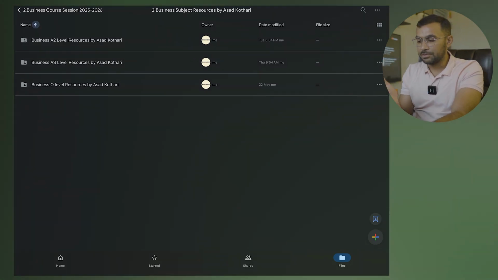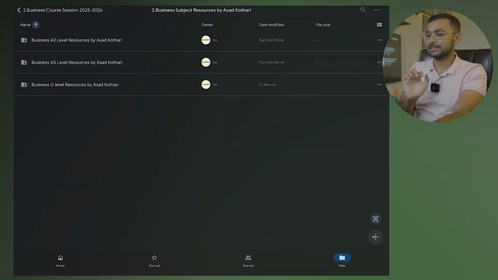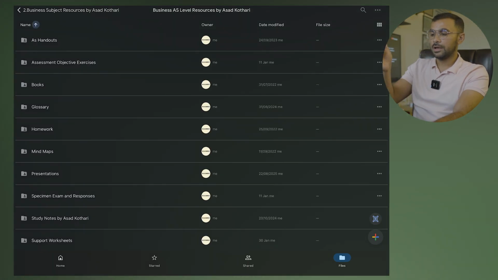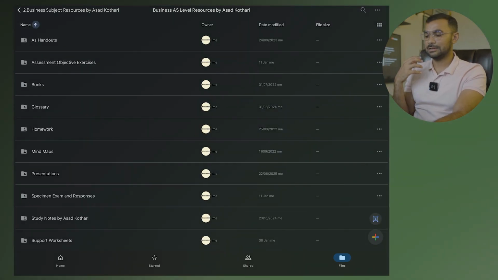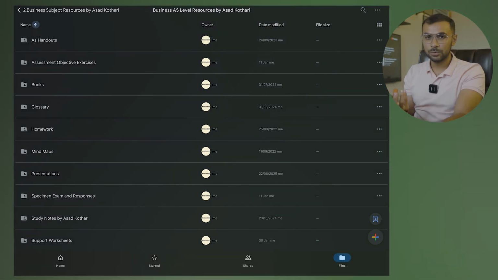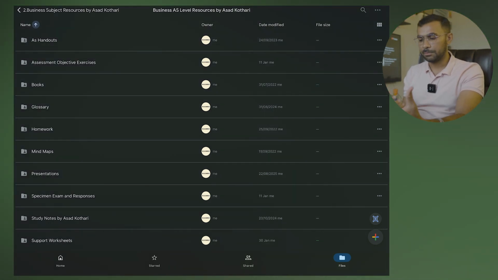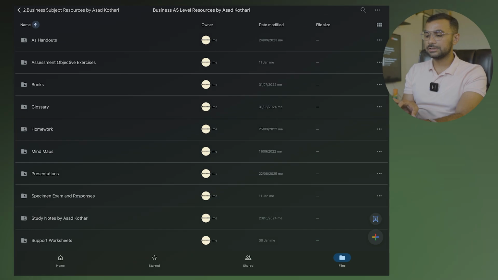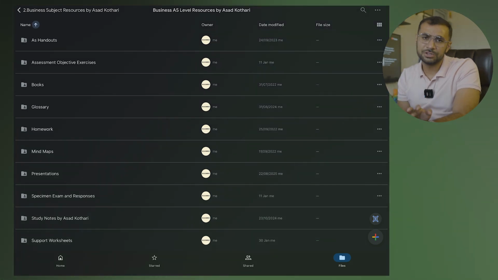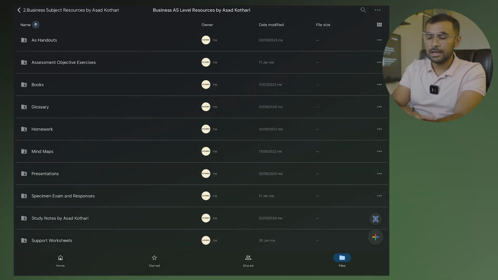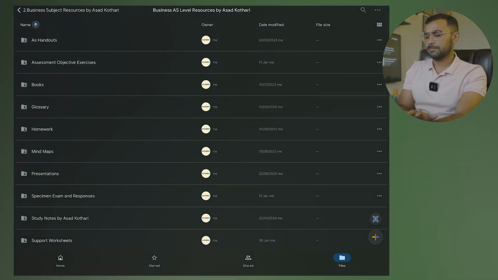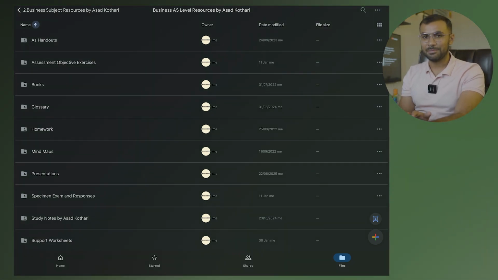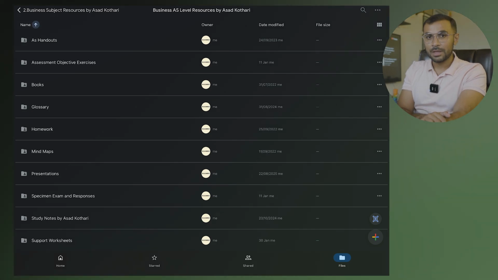If you have enrolled for AS, then you will get access to this particular folder of our resources, which are well crafted, specially designed to help you prepare. These resources definitely are quite sufficient for you to prepare for your CAIE. And if you use them well, if you're smart enough to use them, then definitely you will feel very confident by the end of your preparation.